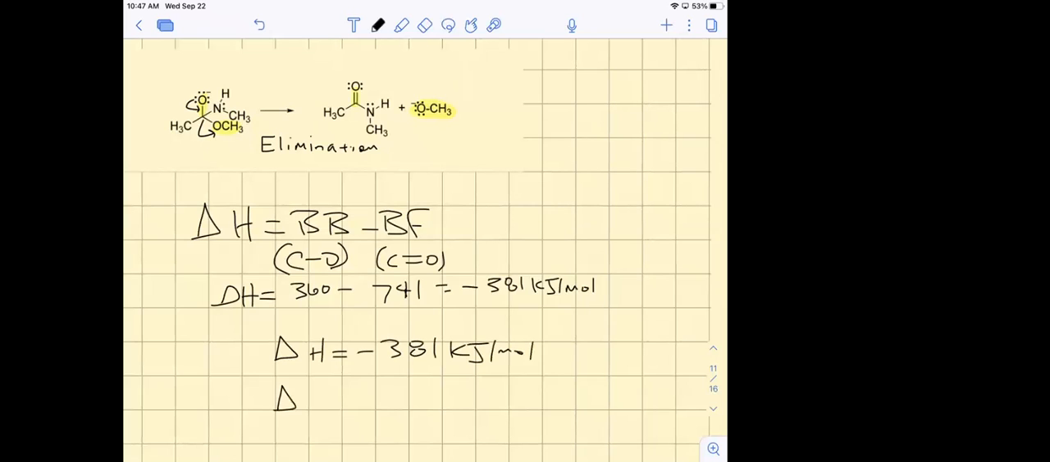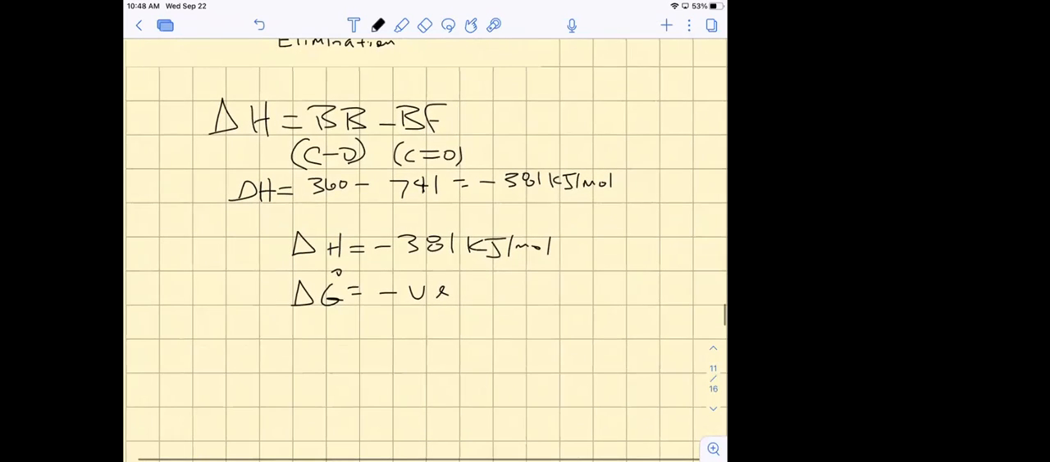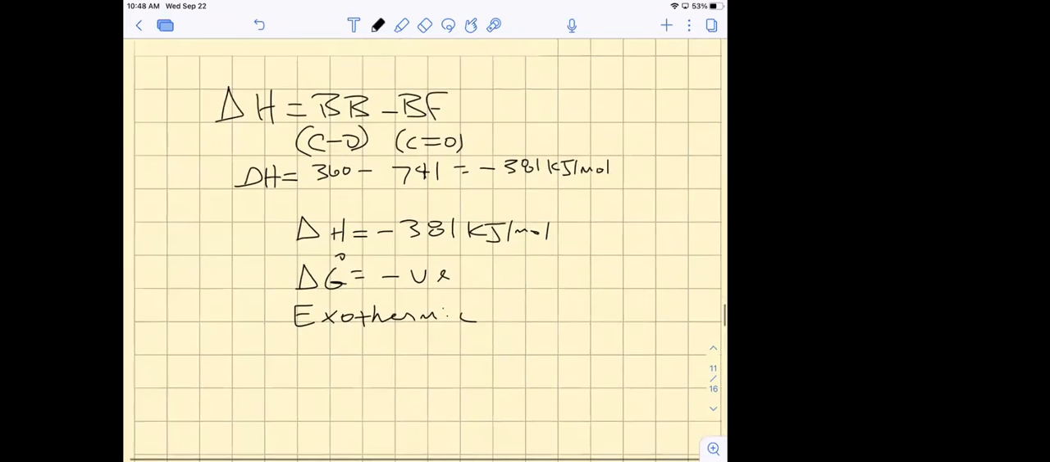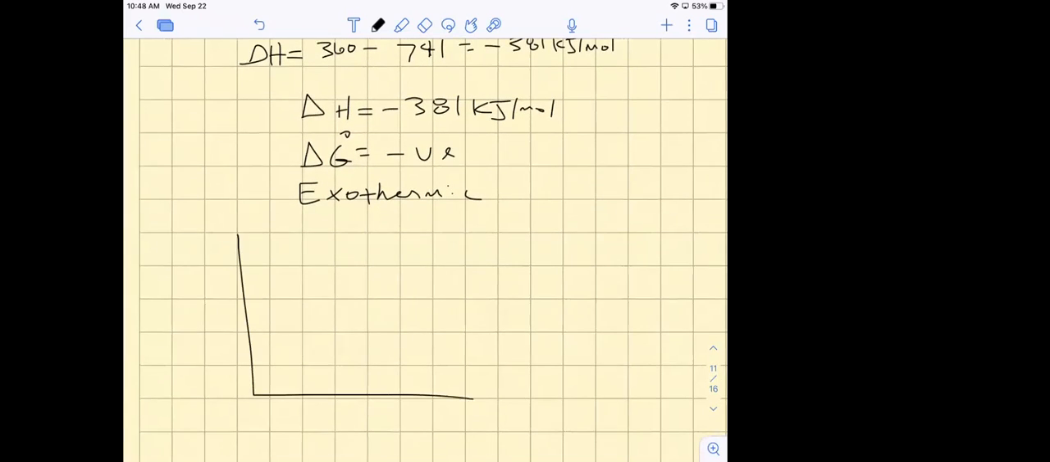So if delta H is negative, that means that delta G, the Gibbs free energy, is also going to be negative. Is that right? Yes. And it means the reaction in this case is going to be exothermic, right? So the energy diagram for a reaction that's exothermic, and again, this is an approximation,